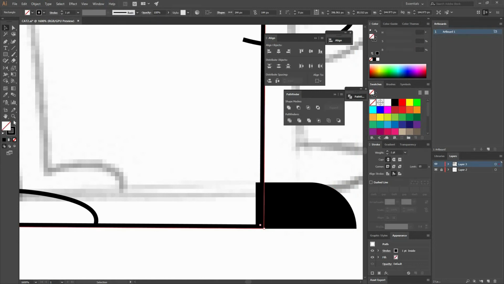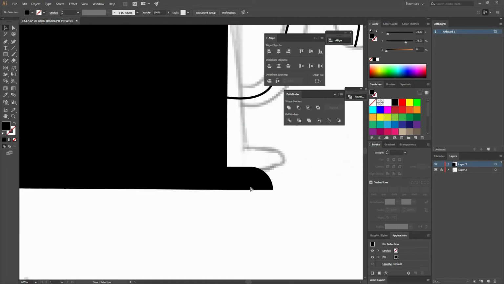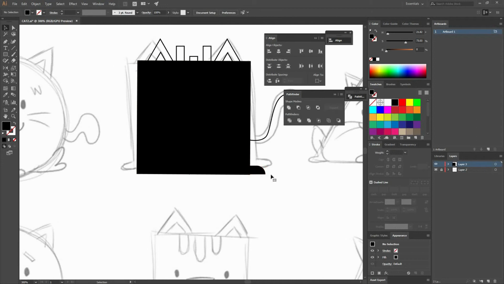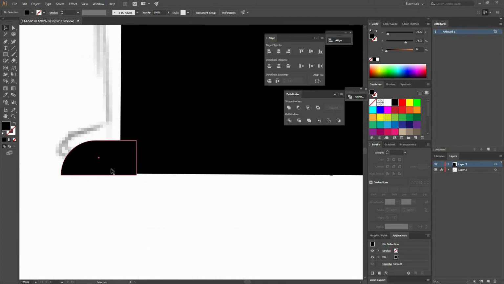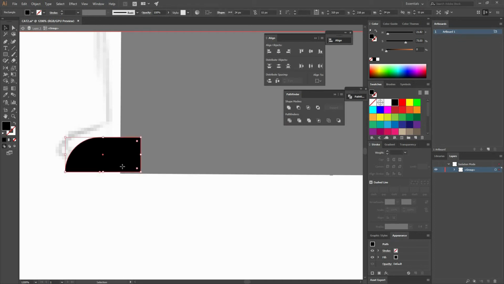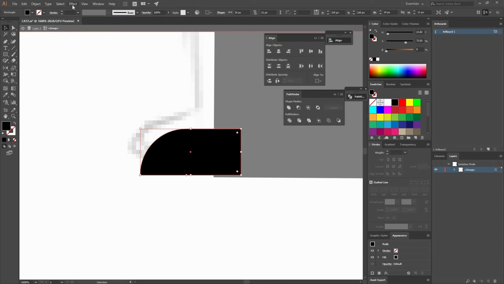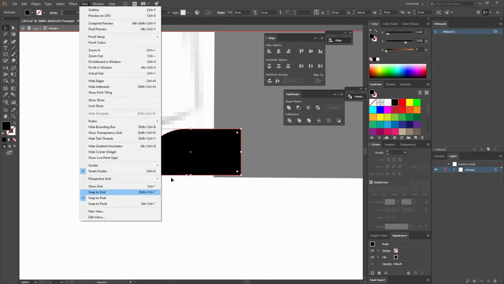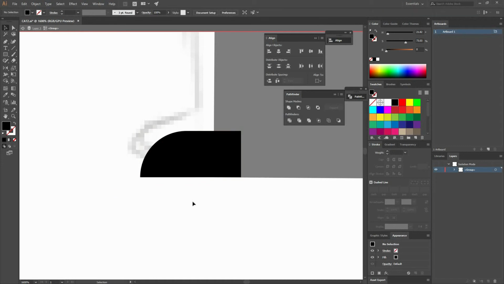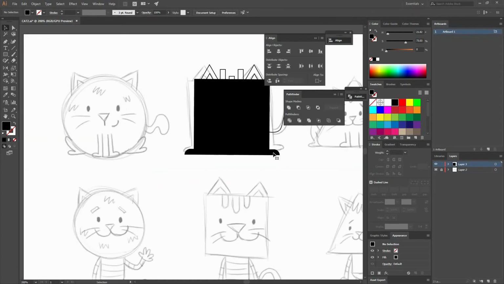So what you can do is try to do it as a shape. You can see that now they are okay, but try to do the same with the other side. So I just reflect it and then just align it. You can see the one on the other side is not aligning properly, so I can double click on it and move it. And as I said, sometimes it doesn't work like that. Another thing you could try is to go to View and then remove Snap to Pixel, and that way you can move them around the object a little bit more freely.